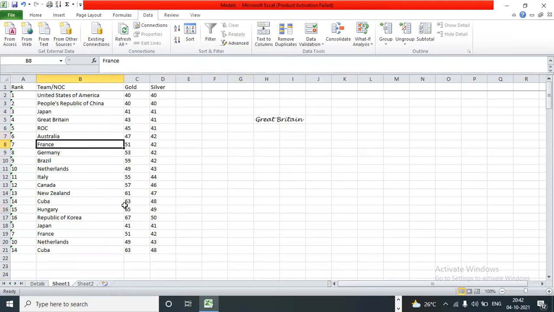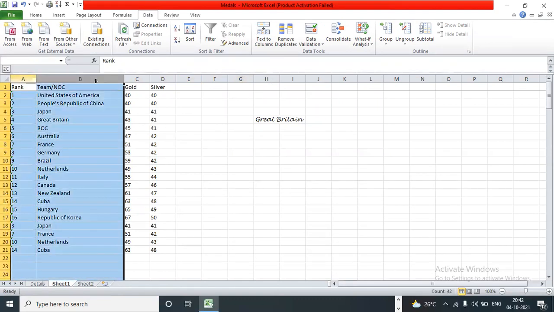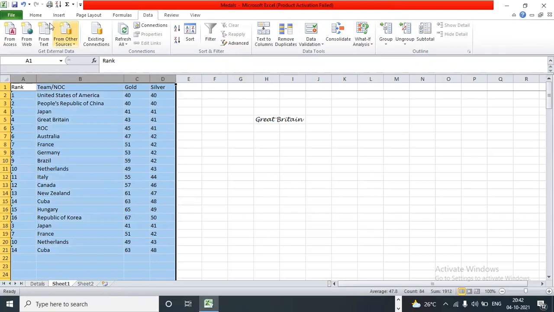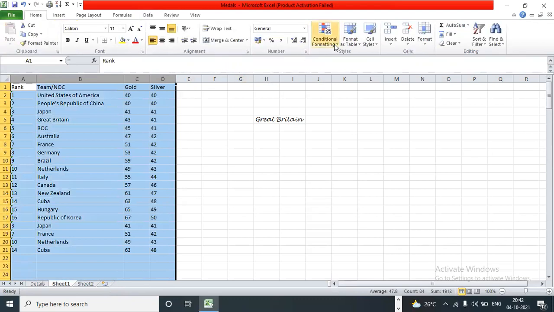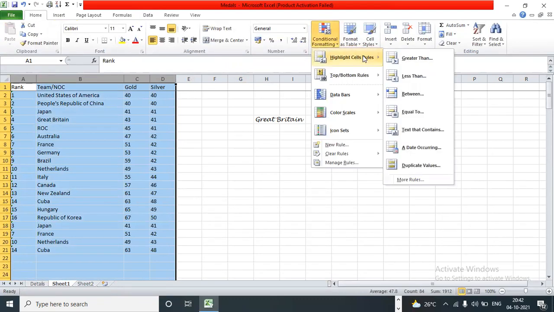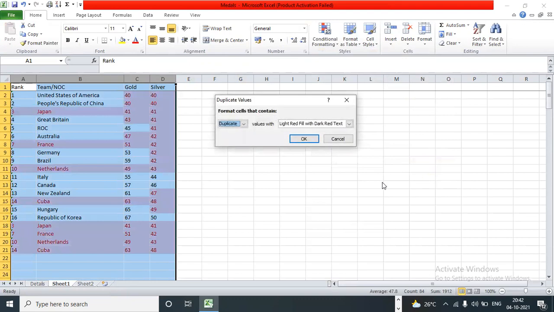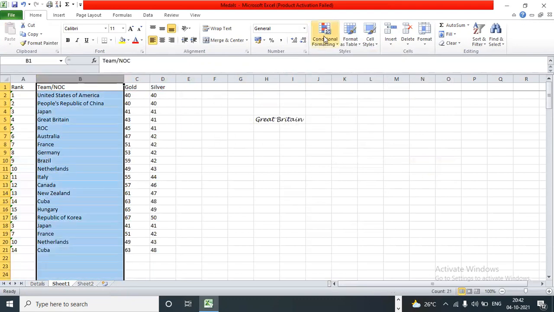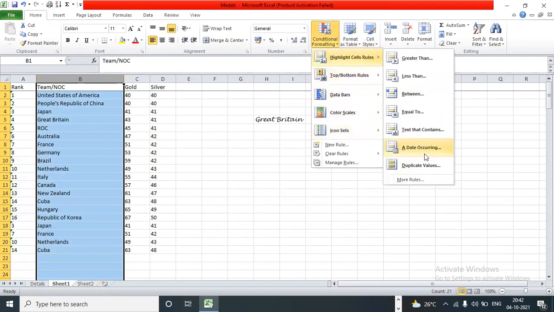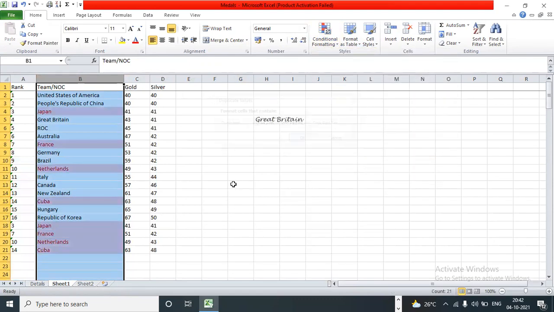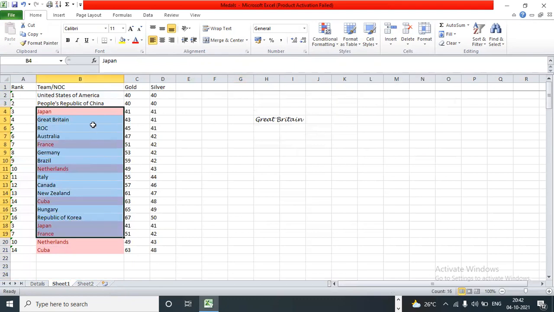Now, in this scenario, I need to find the duplicates. I don't want to delete the duplicates. So just select the data, Home, Conditional Formatting, Highlight Cells with duplicate values. Correct? Yes, sir. Okay, there are a lot of duplicates. I just want to highlight the B column, highlight cells and duplicates. Can you see which are duplicates? Can you name it? Can someone read it for me?